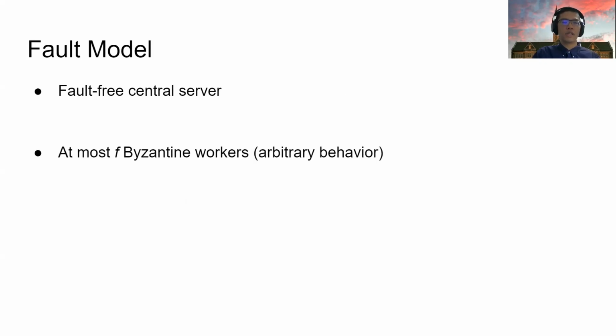In our model, we assume the fault adversary has the following properties. First, we assume that the central server is always fault-free. Otherwise, without a reliable server, it is impossible to learn anything. And second, we assume that among all N workers, there are at most F Byzantine faulty workers. All other workers are called fault-free workers, and they will honestly follow the algorithm. In later section, we will discuss the upper bound of this constant F.